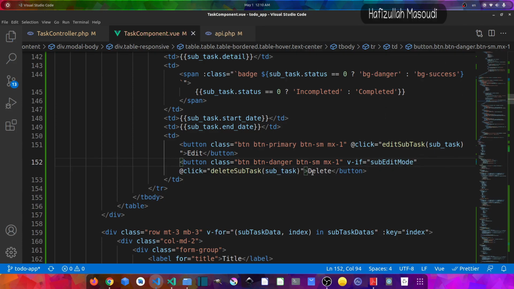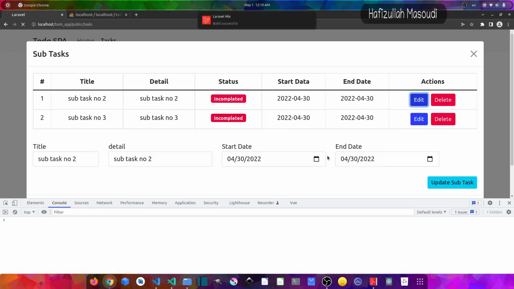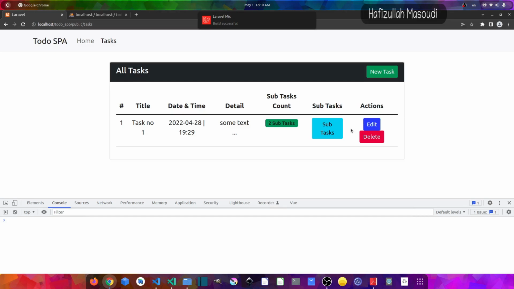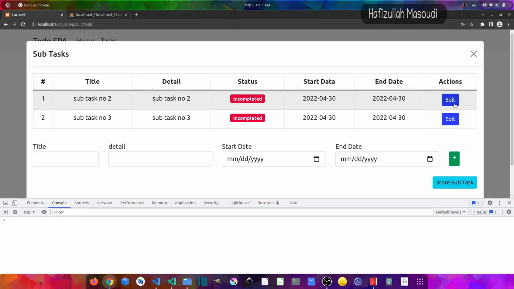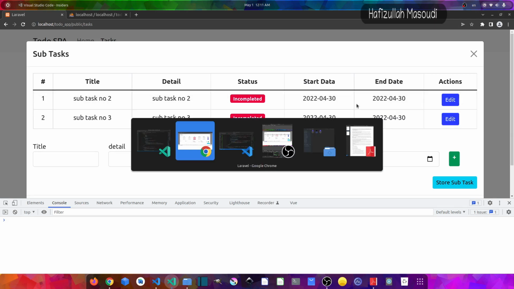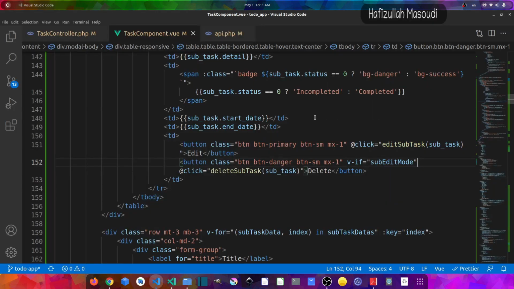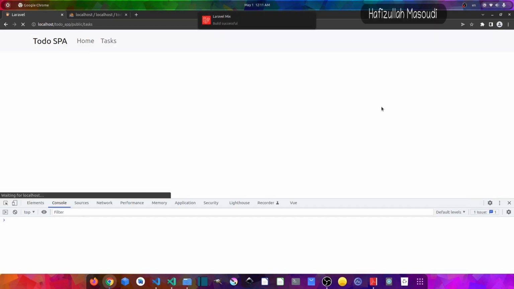If it is true, then this delete button won't be showing. So let's get back to the browser and refresh, and if we click on it, well, it's not showing permanently. Oh guys, if the edit mode is false, then we want to show it. So we forgot the exclamation mark, so let's put it here, and now if we save it, get back to the browser, refresh,